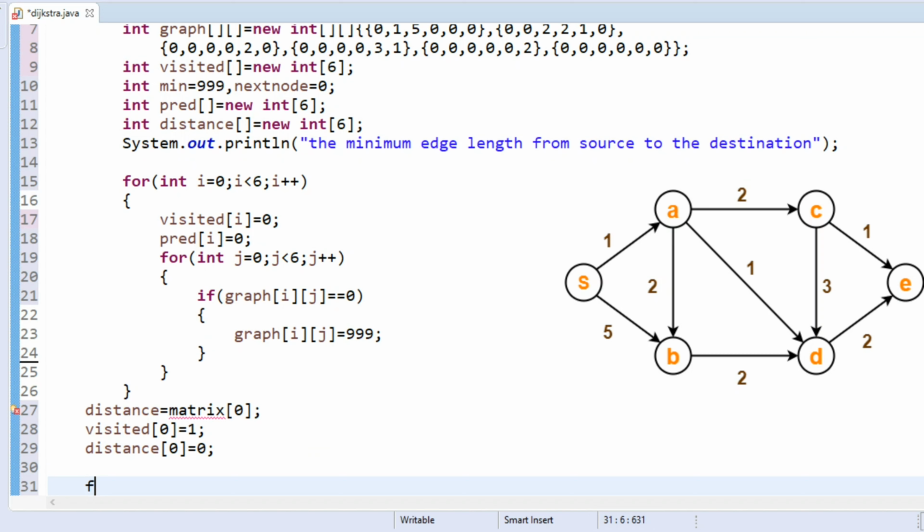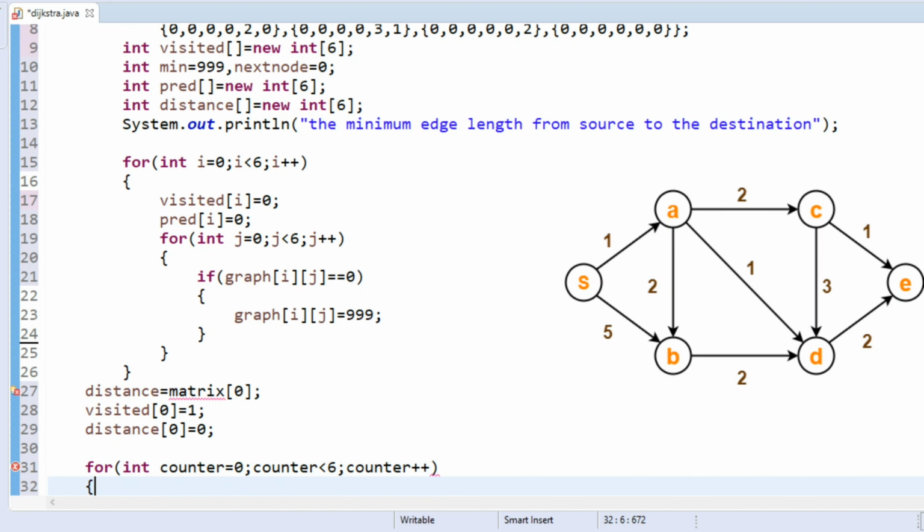And after that I am going to take a counter for loop. So actually this counter for loop is usually used for counting the number of edges, or number of vertices. Counter must be less than 6, counter plus plus.